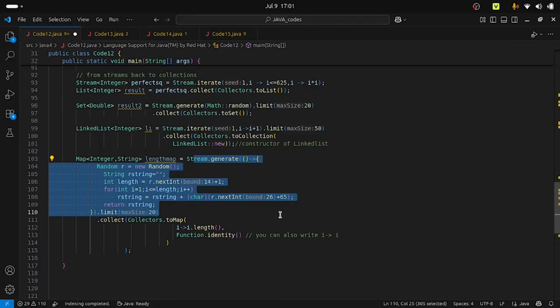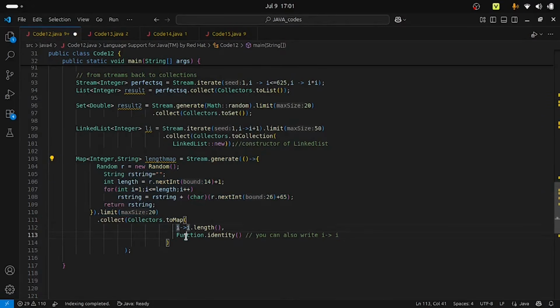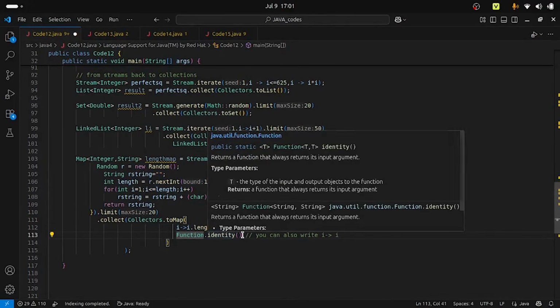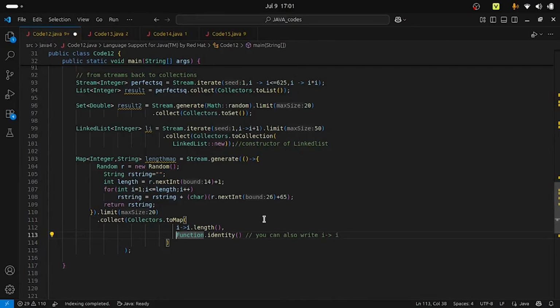Since we have a stream of strings, each element of the stream is nothing but a single string. If you want to store that into a map, then we have to tell the map how to define the key and how to define the value. This is the way we do it. After we write Collectors.toMap, inside this we pass two lambdas. Okay, we can pass two, I mean, Function.identity, just forget it for now. Let us write it as,